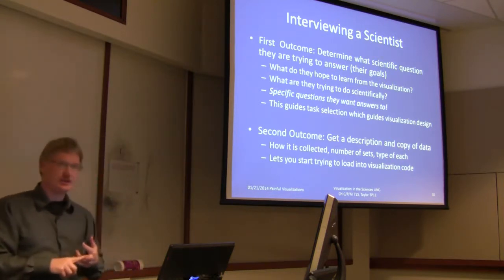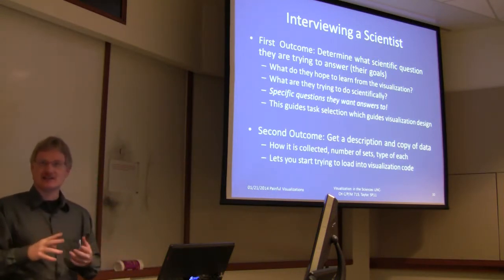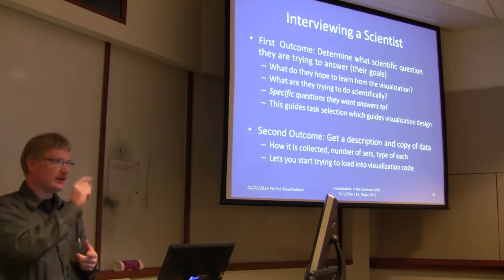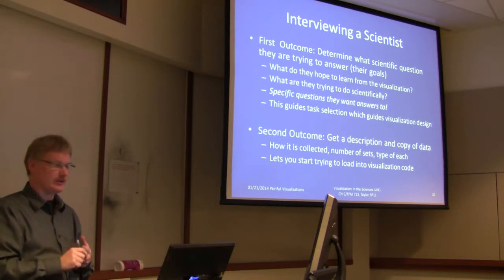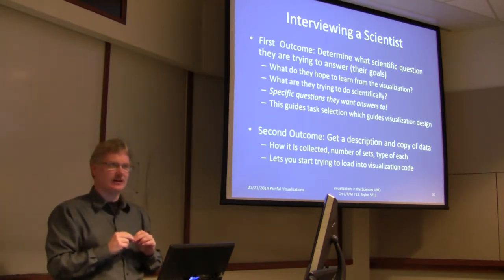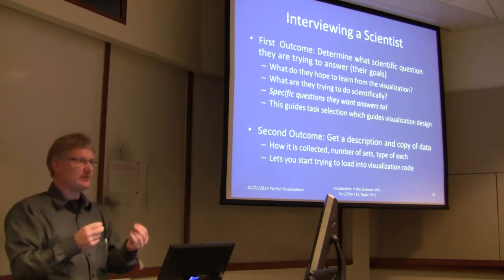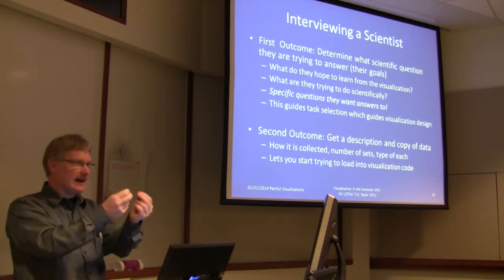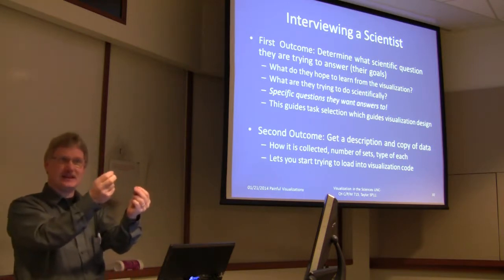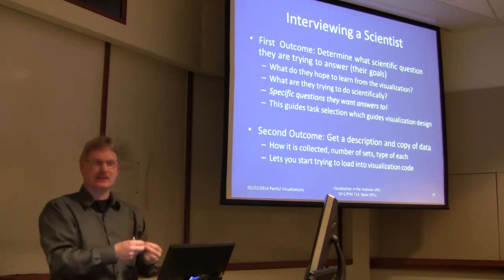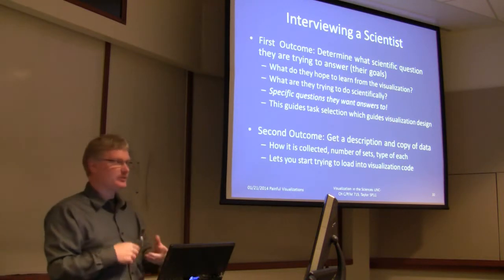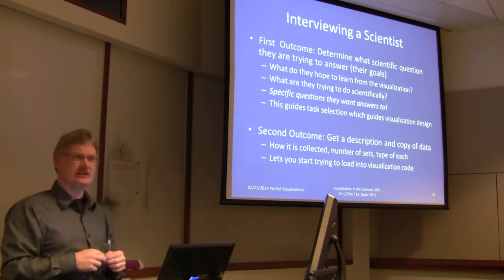So I want to walk you through what this looks like. There are two things you want to have as an outcome from a meeting with a scientist. One is what scientific question they're trying to answer, right? Their goals in their terms for what they want to know. This is not necessarily about anything visual, but really, I'm trying to understand how calcium affects memory formation, right? So how is PMCA laid out with respect to the dendritic spines? Very specific questions if you can,